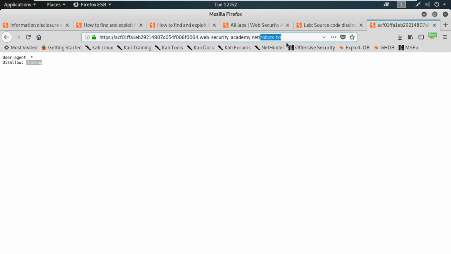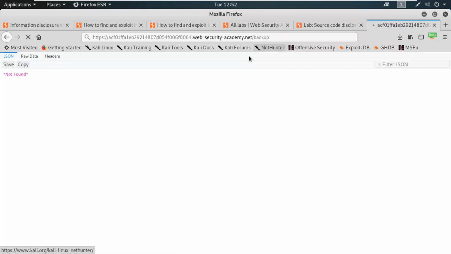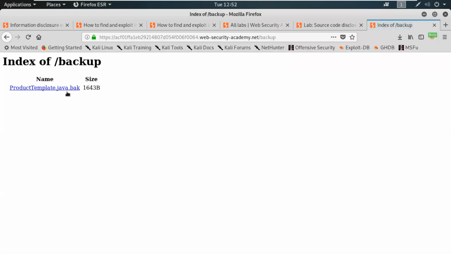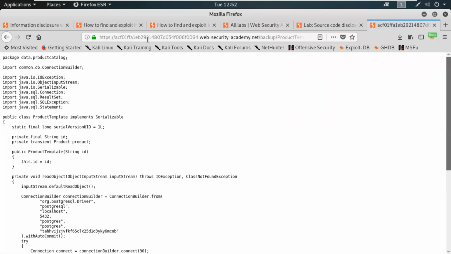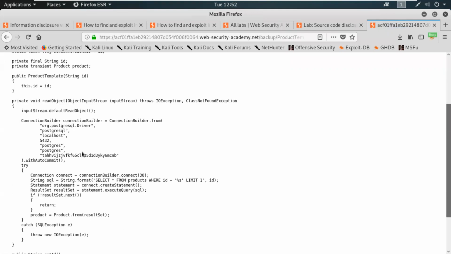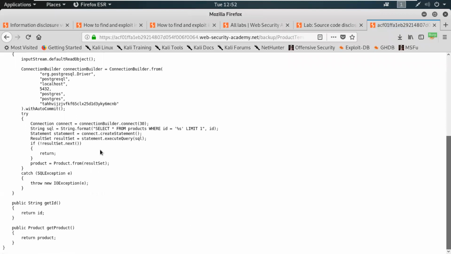So what I can do, I can browse to the backup file. You can see the template .back file. This is the actual source code, and over here you will see the password in the source code of the .back file.